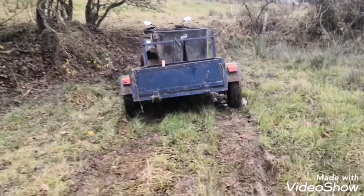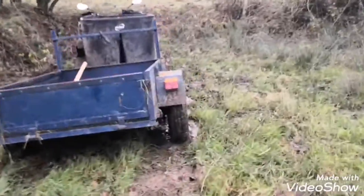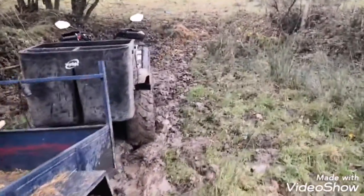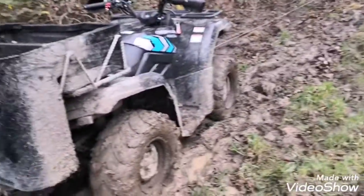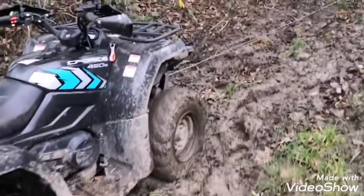Now she actually bogged down fairly quick. The tyres are getting a bit bald on this quad now. They're going to have to be changed, I think, soon enough. So that's what I have to go up. You can see she's spinning,